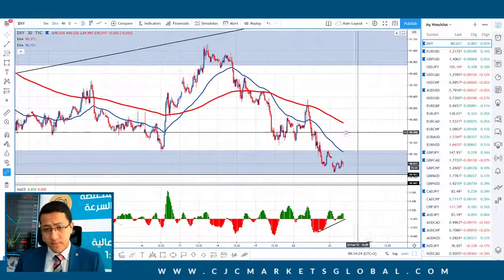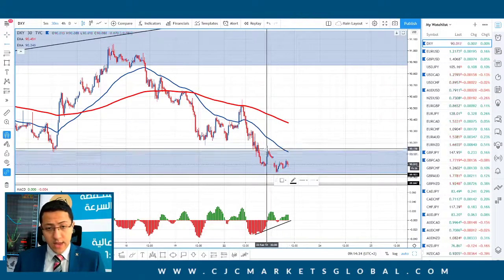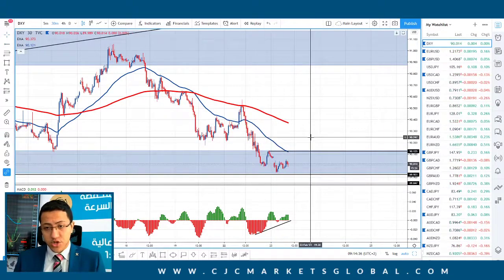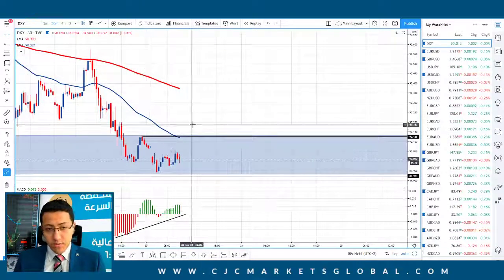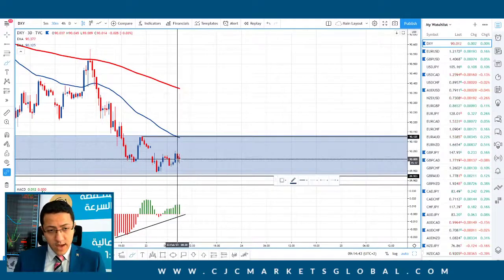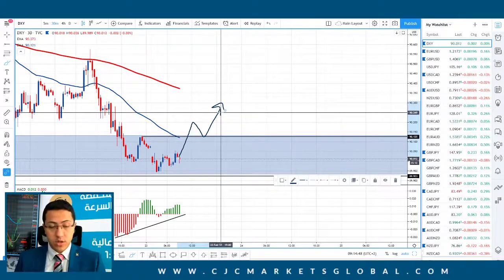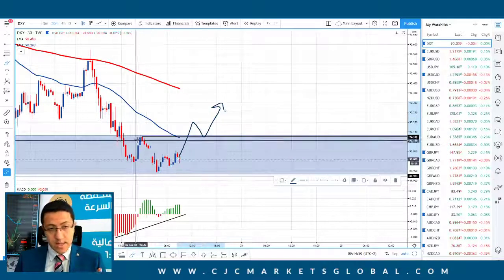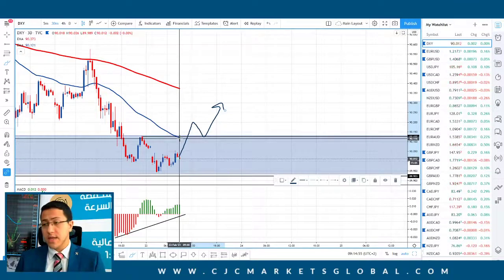As long as we are trading above 89.92, we're able to create new highs on the dollar index through the day, and the key level is this one, which is 90.12 on the US dollar index. As long as we trade above this one, whenever we have a move to the upside, we will be having a continued rally on the dollar index for the day, because this is the key level for the day, and also it is the 50 EMA, or the exponential moving average, on the 30